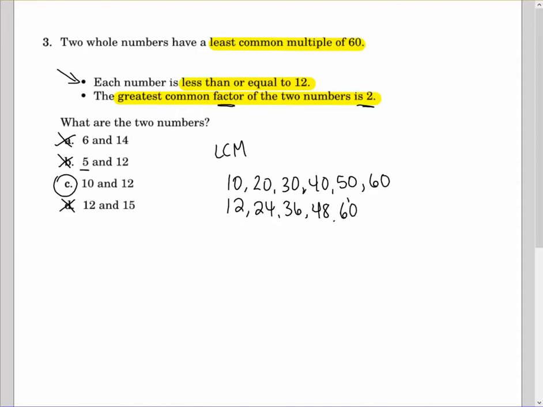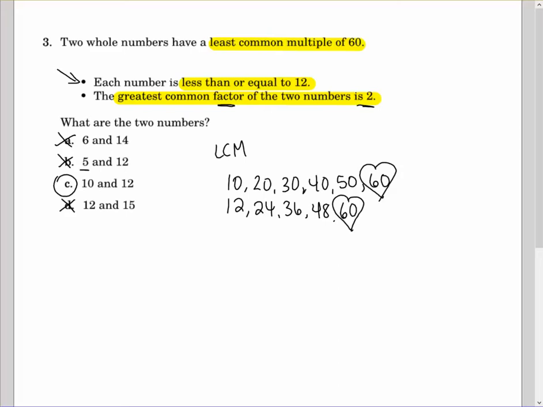So the first time they run into each other on the number line is at 60, and it's love at first sight, and that's why I draw hearts around them. So least common multiple, I think of L, love. Anyway, and the greatest common factor, so we could do factor trees, but